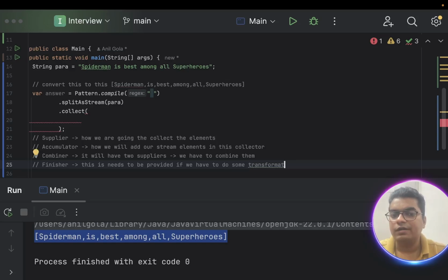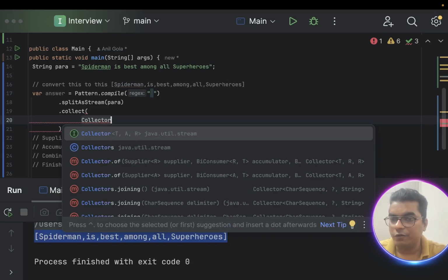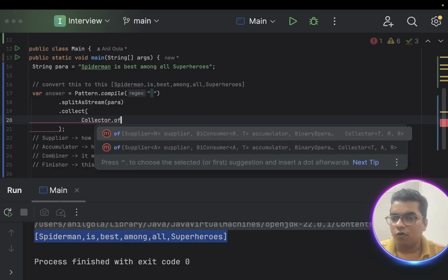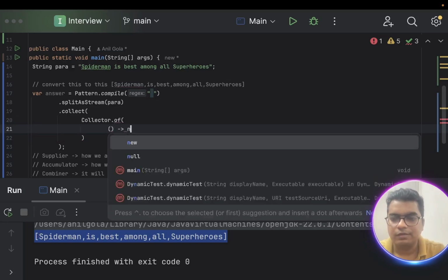By default it's the same as the supplier. So let's try to do this. Now we are not going to use S in the collectors. We are going to do a Collector.of, and now we have to provide the first parameter, the supplier, because we need to convert this into a string ultimately. So we need basically a string,